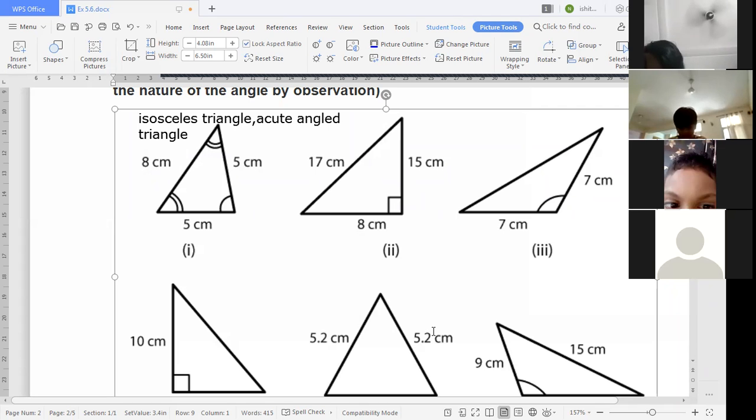Yes, you are right, Aditya Raj. It is an acute angle triangle and it is an equilateral triangle also. That is absolutely right. Yes, it is an equilateral, and acute angle also because all the angles are less than 90 degree. So it is an acute angle triangle and equilateral triangle both. Utkarsh, next part. Last part.